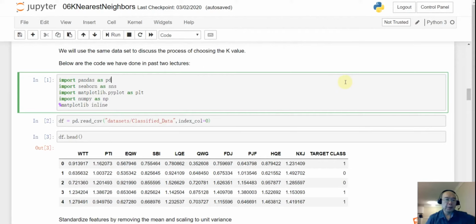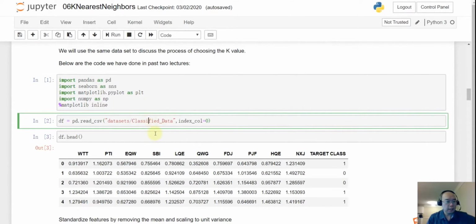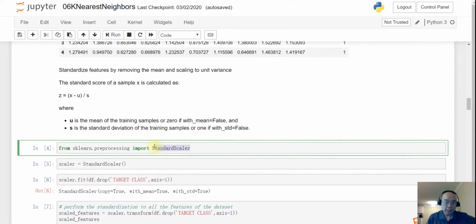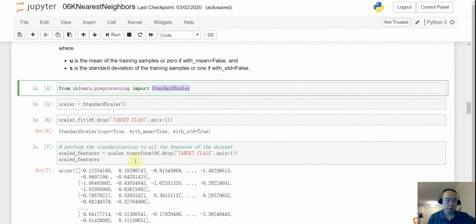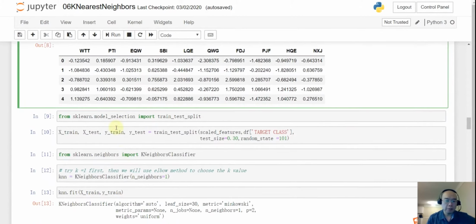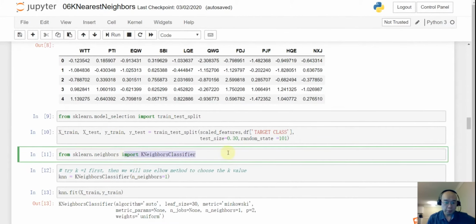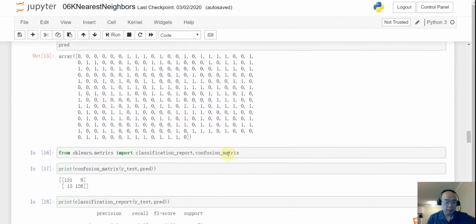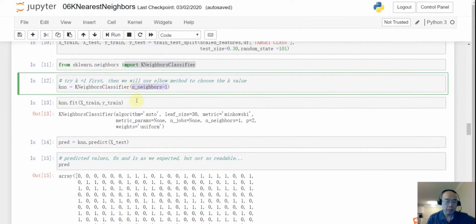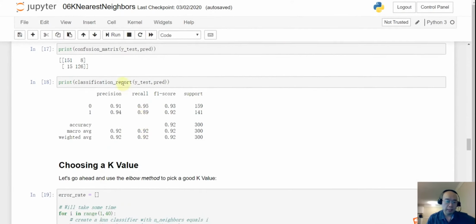Okay, let's continue. In this part of the code, we have already seen that before we load the data, we try to do a standard scaler. And remember, since we are dealing with the distance matrix, we do have to do that. And then we rebuild all the features into a data frame, and we do the k-nearest neighbor. For the k-nearest neighbor, we did a one nearest neighbor, and after that, we get the result,